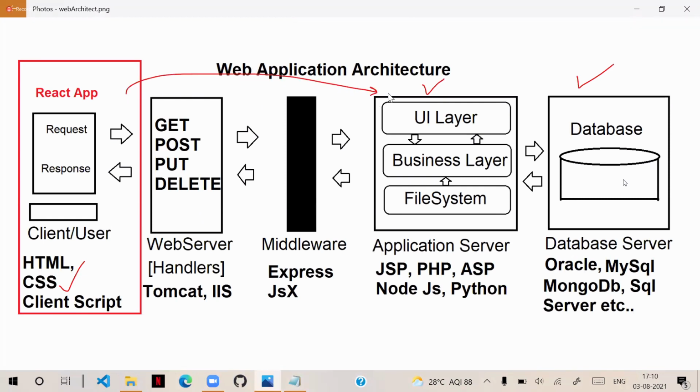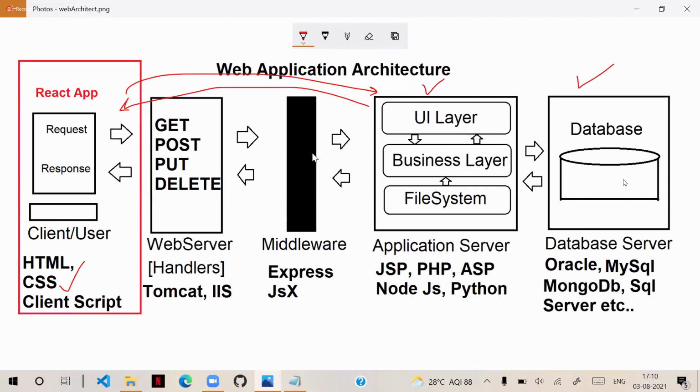It will process that request and generate a response according to the request, a customized response to the client request. So this is the basic approach, how it is going to manage and handle a customized response for every client request.